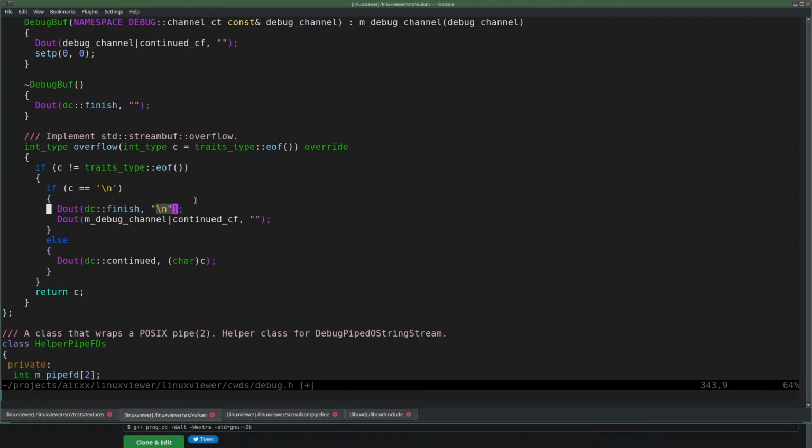I have no idea why it's writing \n here. I think I want to write like that. Just see that it was a new line.